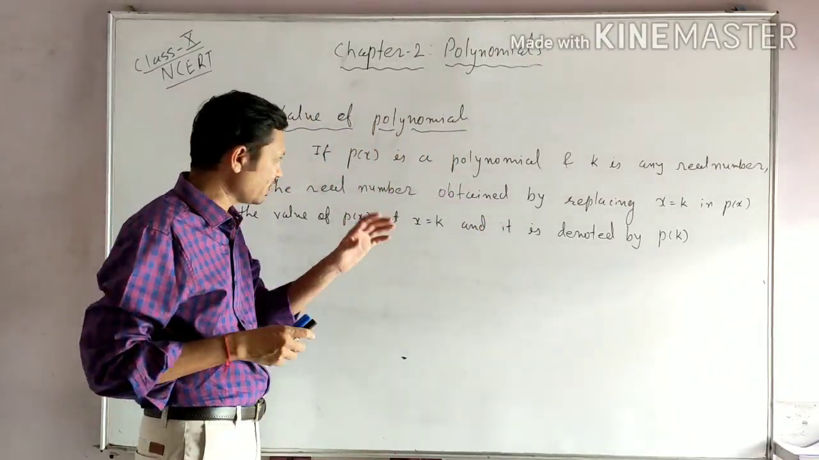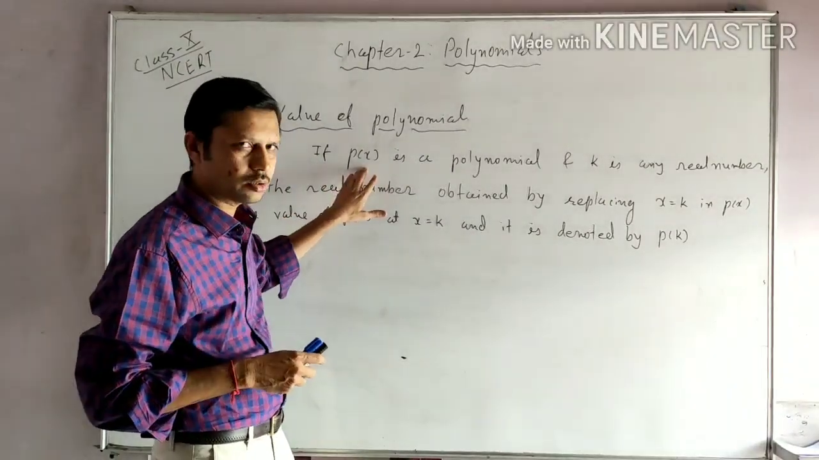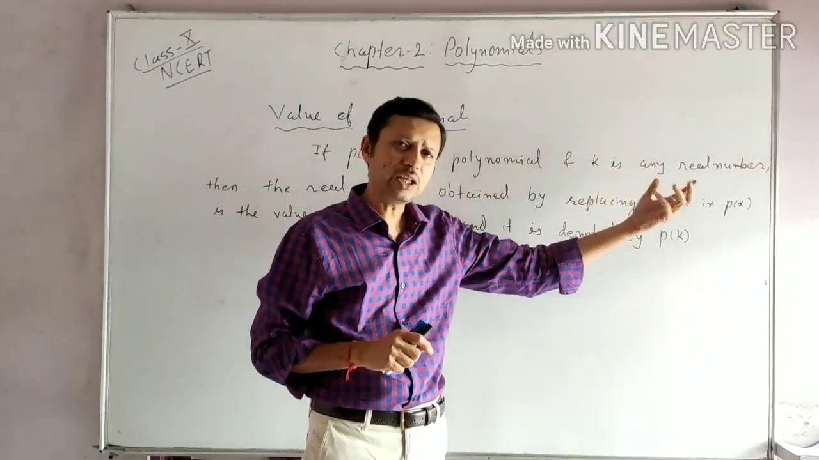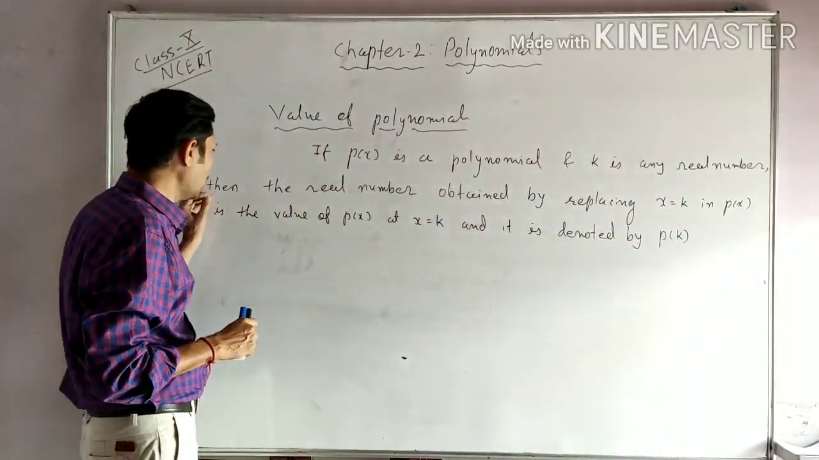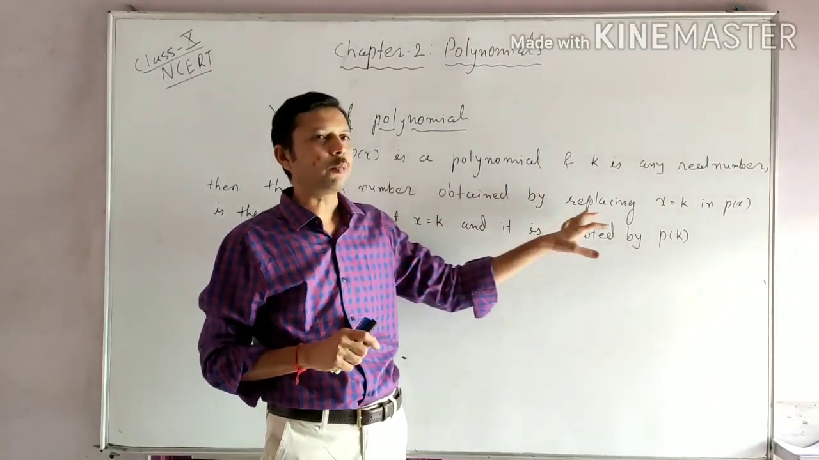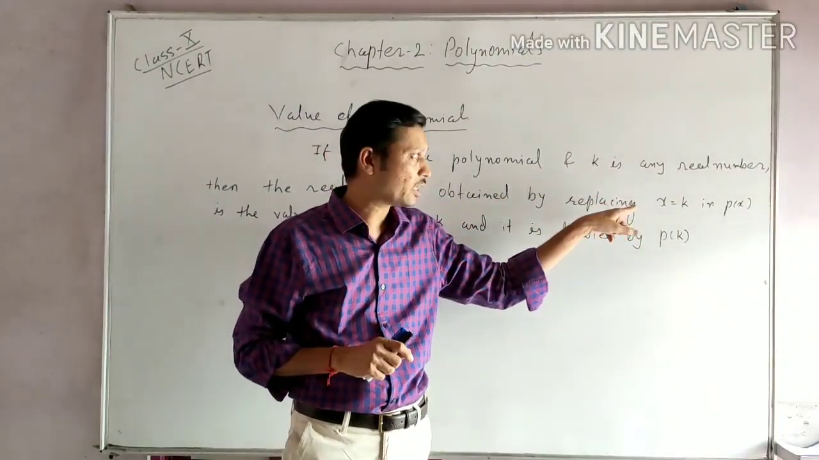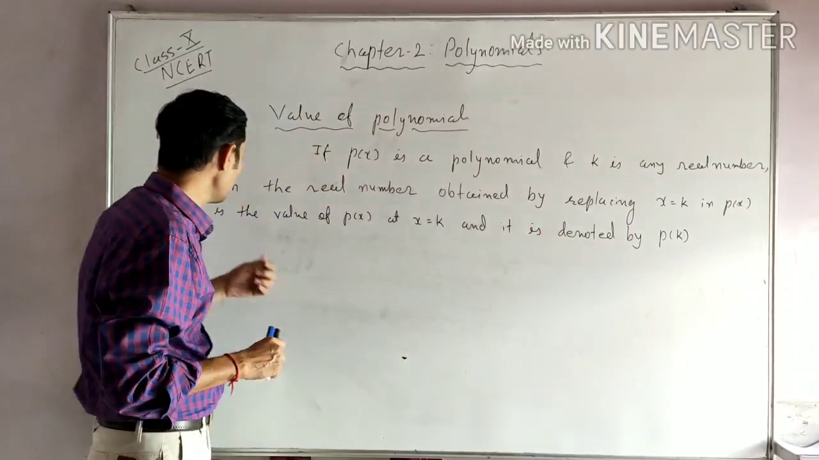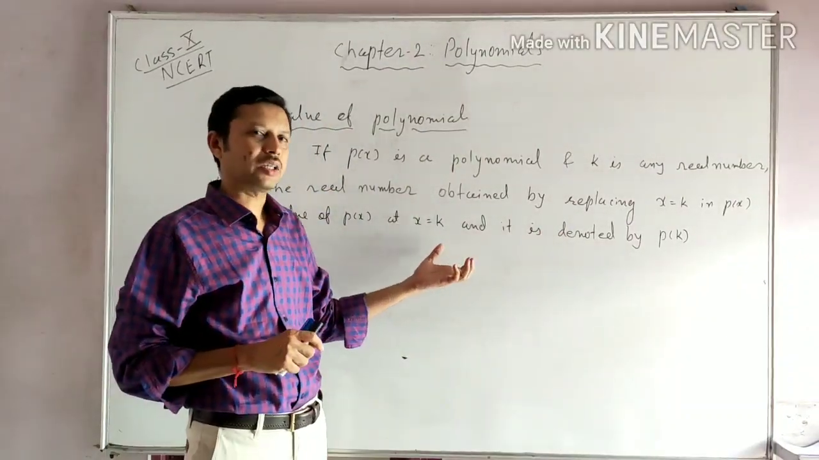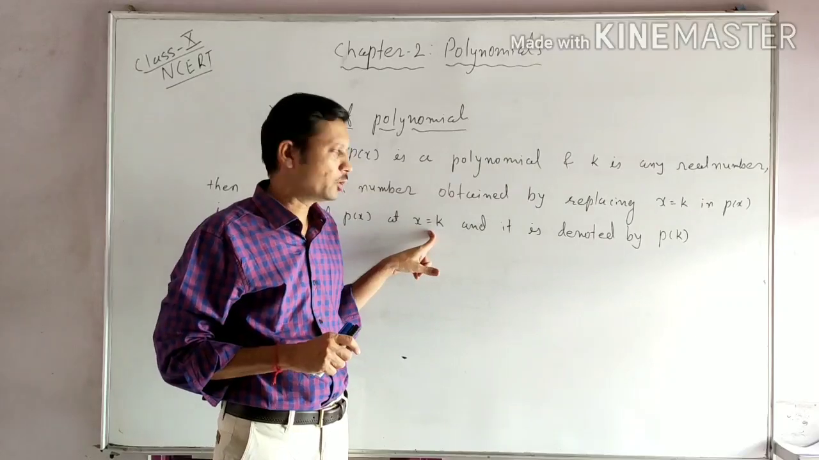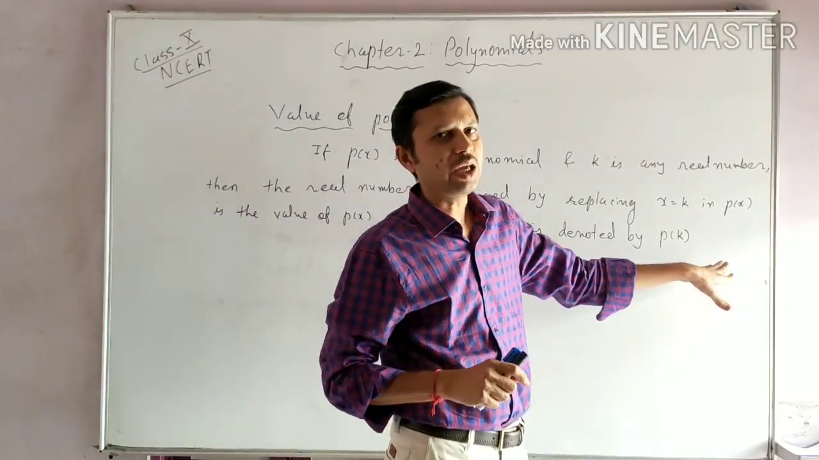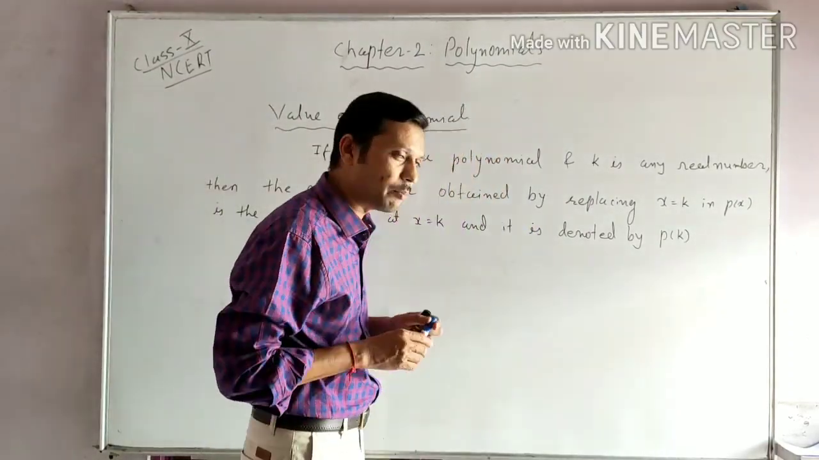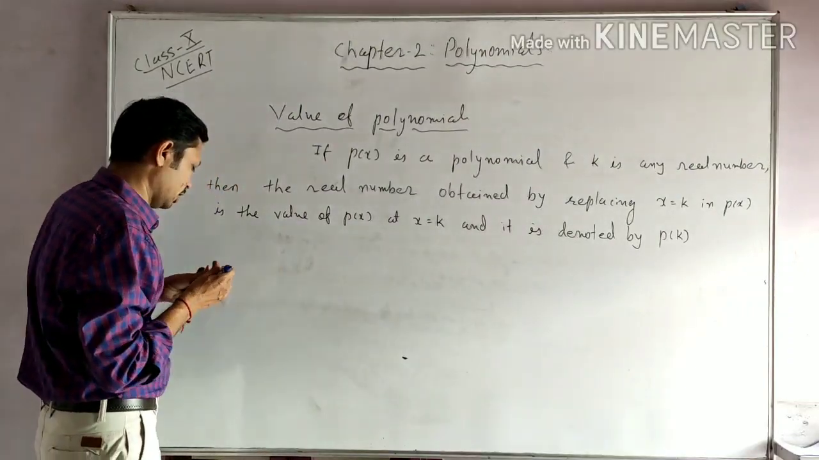In simple words, we can define that if p of x, that is your polynomial in variable x, is a polynomial and k is any real number, then the real number obtained by replacing this x value with k in our polynomial p of x is the value of p of x at x equal to k, and it is denoted by p of k. अगर आप 2 रिप्लेस कर रहे हो तो p of 2, 3 रिप्लेस कर रहे हो तो p of 3, जैसे कुछ एग्जांपल लेके हम फाइंड आउट करते हैं वैल्यू ऑफ पोलिनोमियल, राइट।